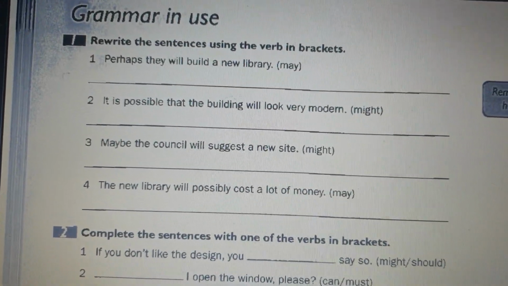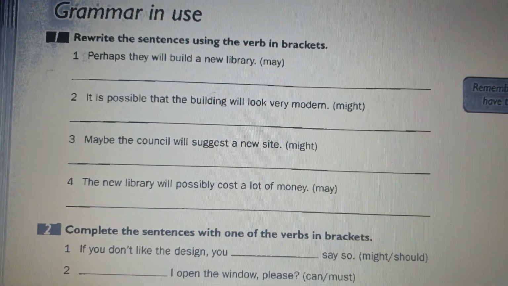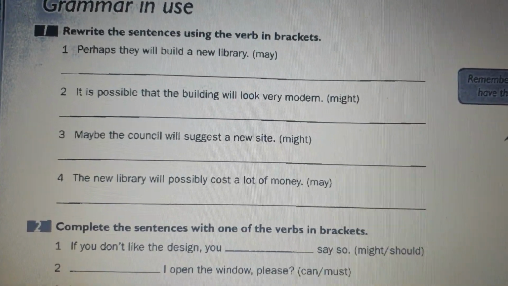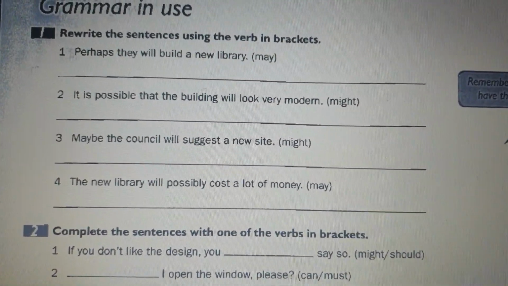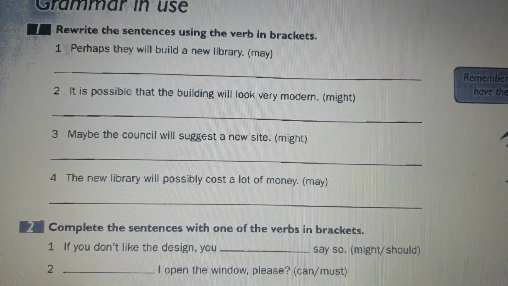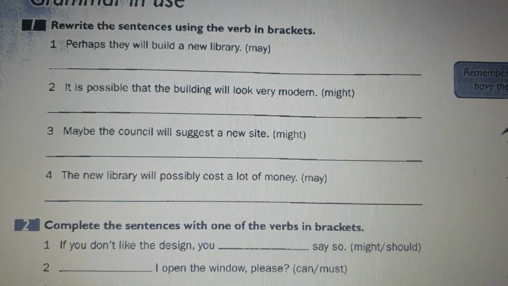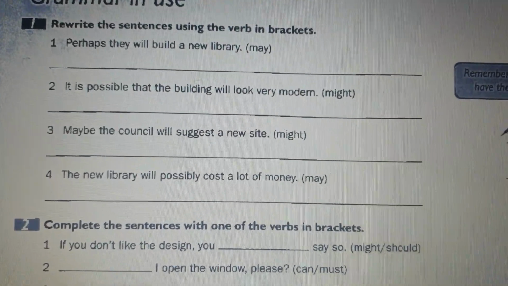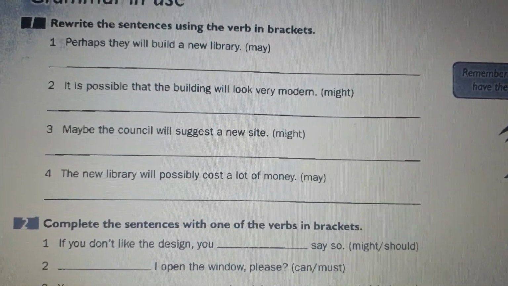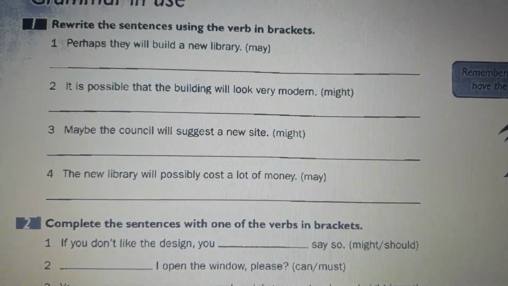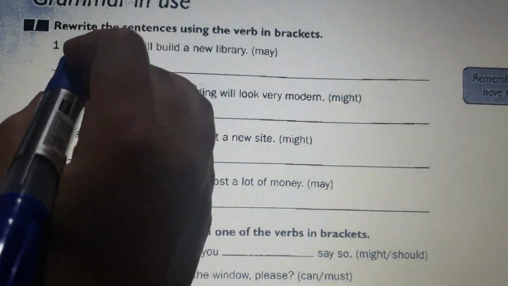Now on page 70, activity number 1 in the workbook, rewrite the sentences, use the verb in brackets. Note, grade 7, that you have to delete some words from the original sentences so it can suit with the modal verb. Perhaps they will build a new library. Perhaps means maybe. Okay, so we need to delete perhaps